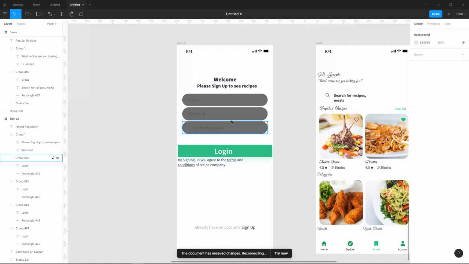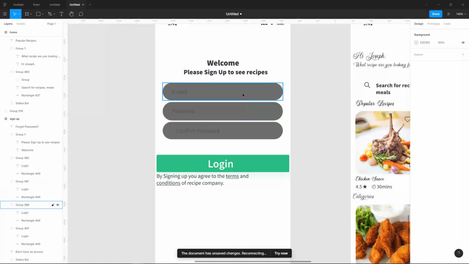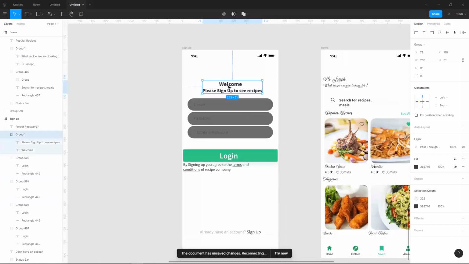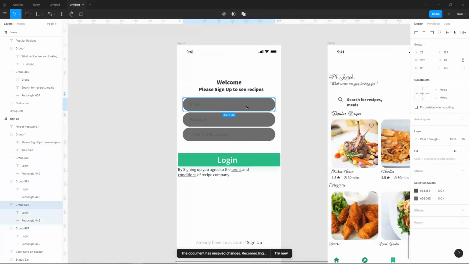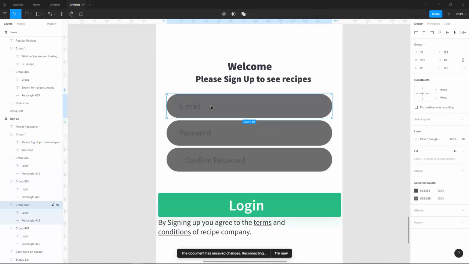Okay, now when we look at this, I get what the person was trying to do. This is your placeholder text, the password, the confirm email. But the first thing you do, okay, now let's try and work on color. Let's try and work on contrast. Now, if I look at this,